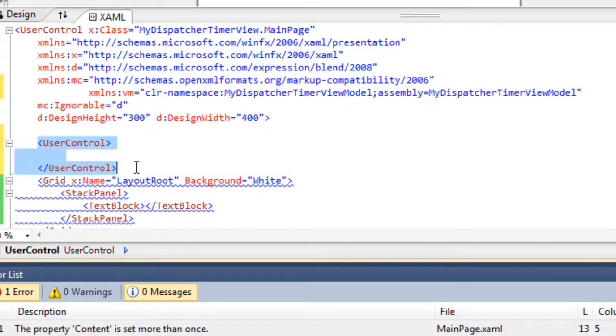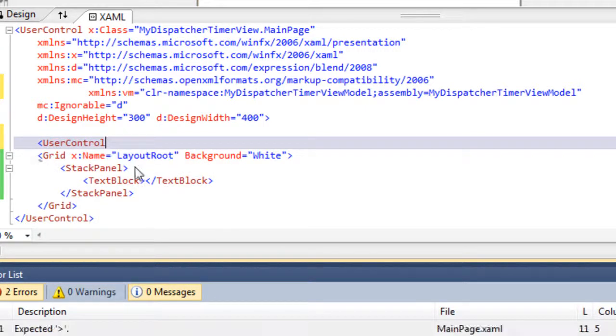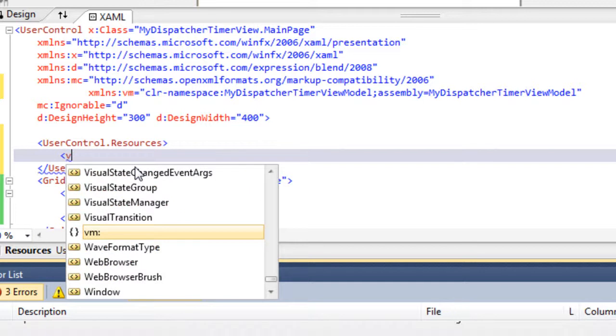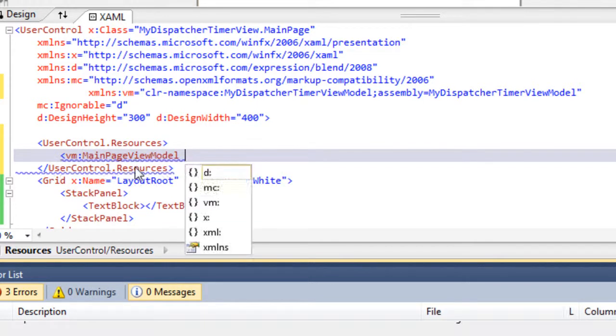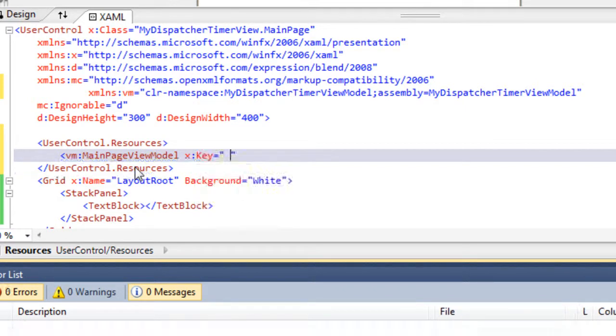So it would be UserControl.Resources. Okay, and here let me create it. I'll give it the key main page view model.